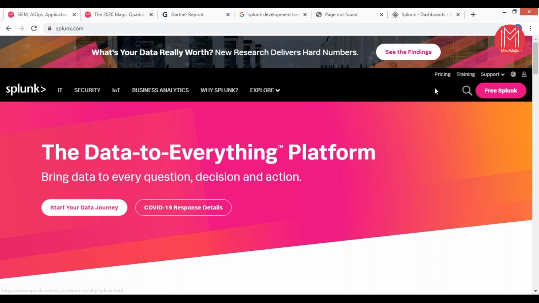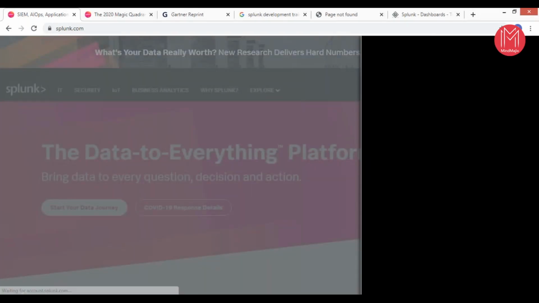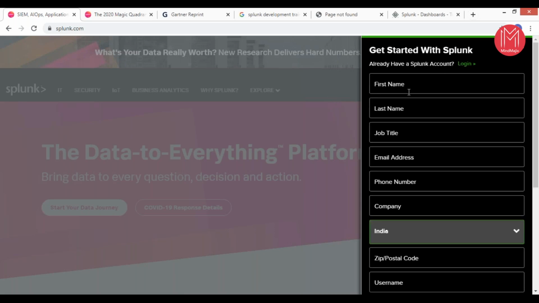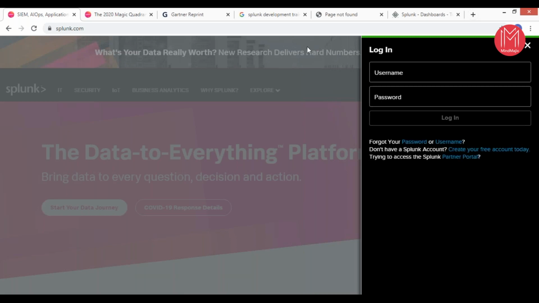How we can use it is, you need to click on this Free Splunk. The moment you say Free Splunk, it will ask you for a username and password, which you need to create, either by giving your own details or with something you already have. So let me feed in my username and password quickly,